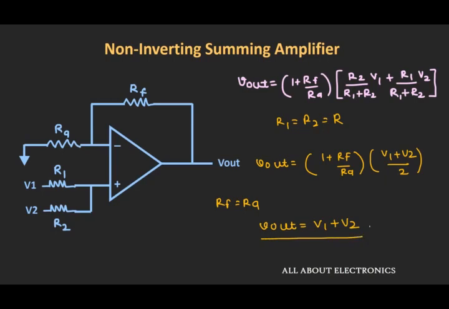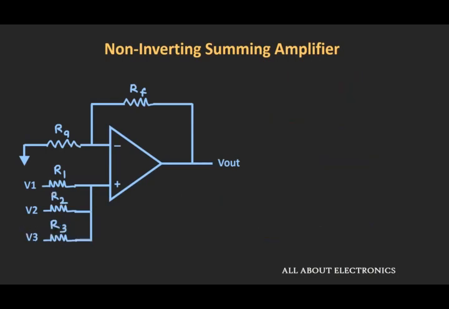Now let us take the case when we have three different input voltages that is connected to this non-inverting terminal. So as you can see here, we have three different input voltages V1, V2 and V3, which are connected to this non-inverting terminal via resistor R1, R2 and R3. So here also we will consider one voltage source at a time and we will find the voltage at this non-inverting terminal, and later on we will add the individual responses to get the voltage at this non-inverting terminal. So first of all, let us assume that this voltage source V1 is acting alone and V2 and V3 are equal to 0. So in that case the circuit will look like this.